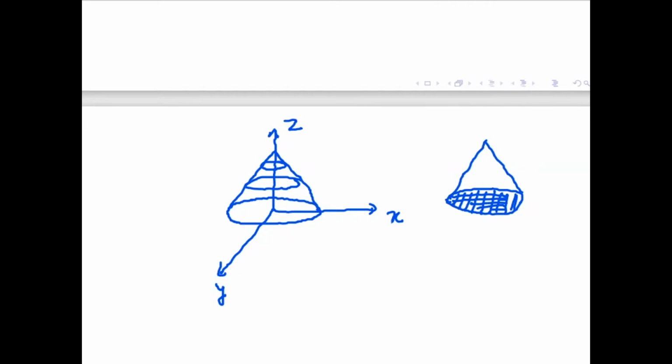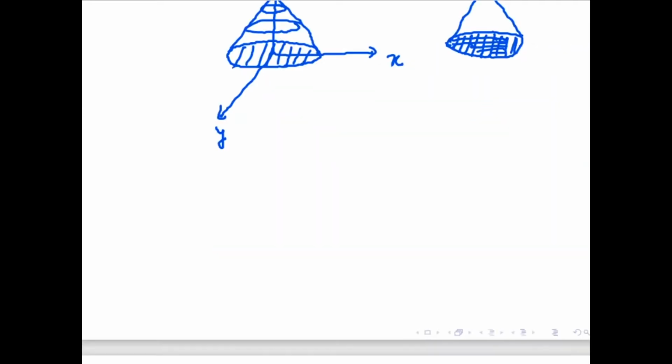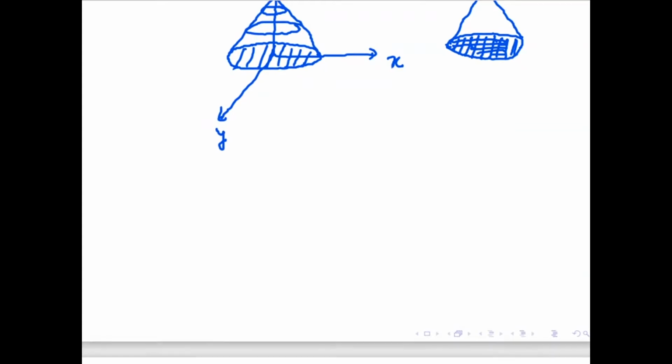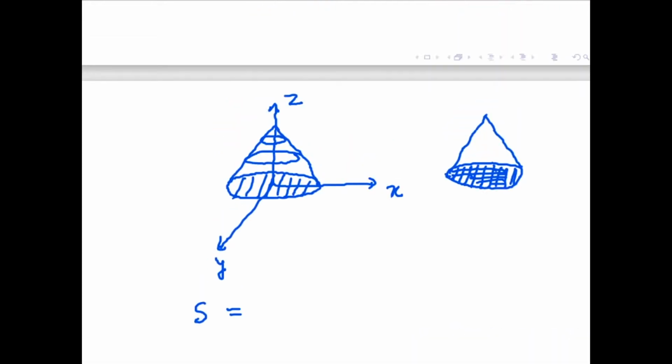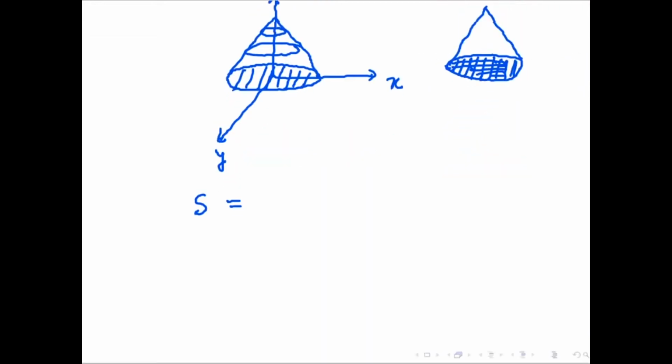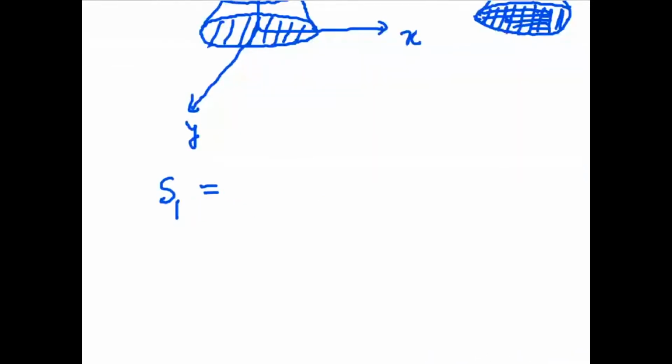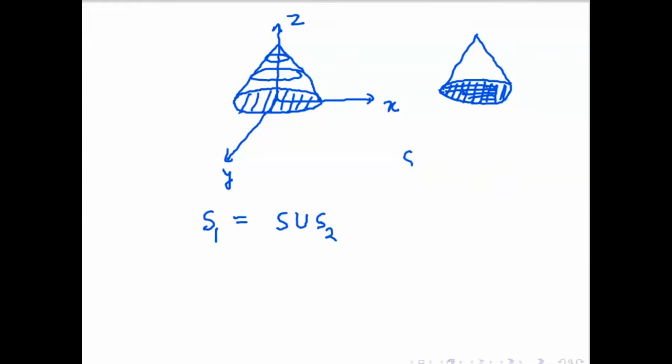So in order to apply it, this part also needs to be there. So now what I will do, I will consider one surface S. I'm taking one surface S1, that is the union of this original surface S and some S2. What is S2? S2 is this circle x square plus y square less or equal to 4. So this circle is also there.